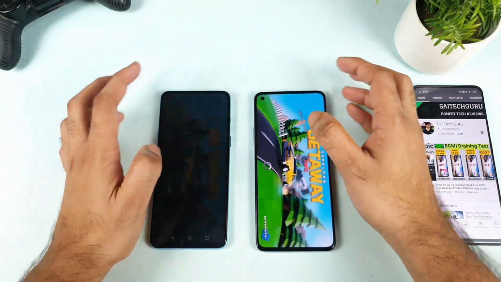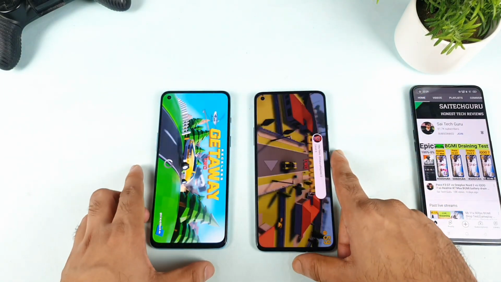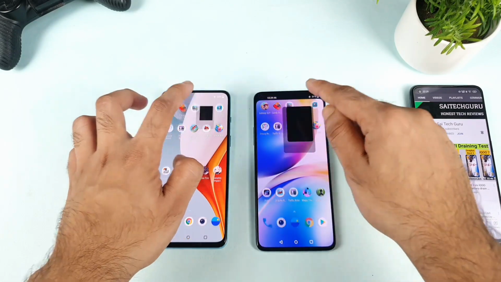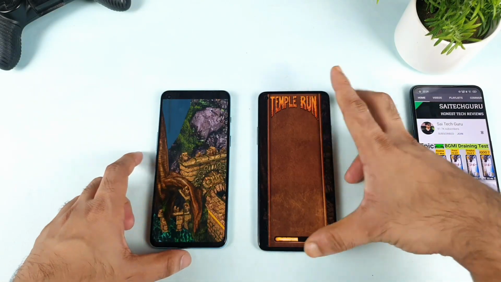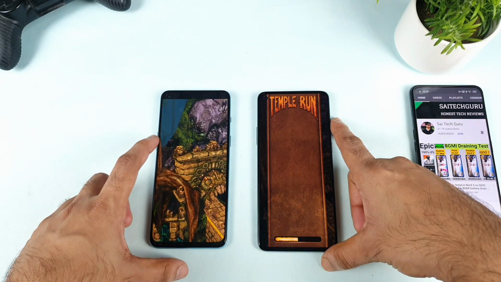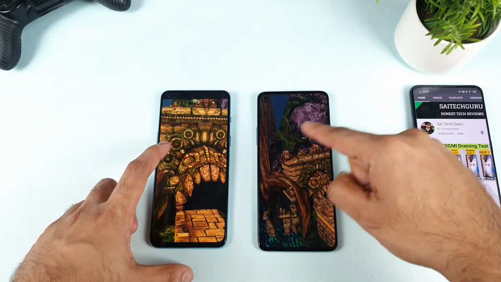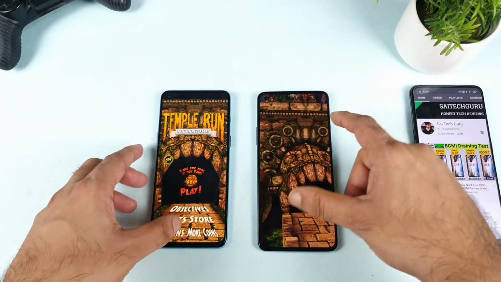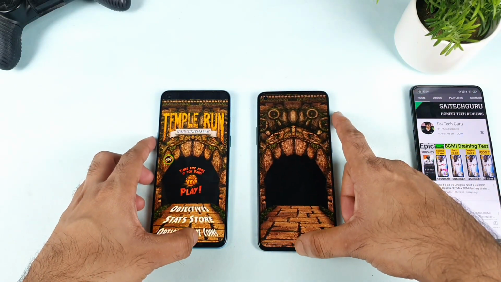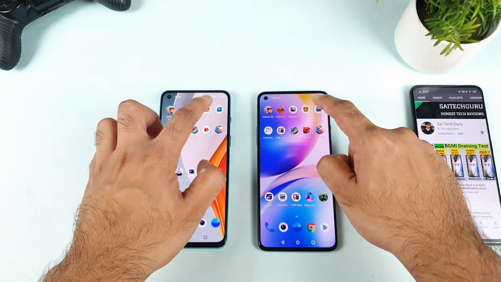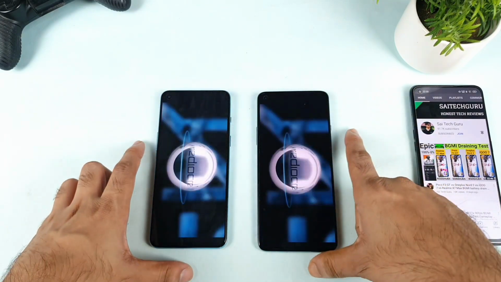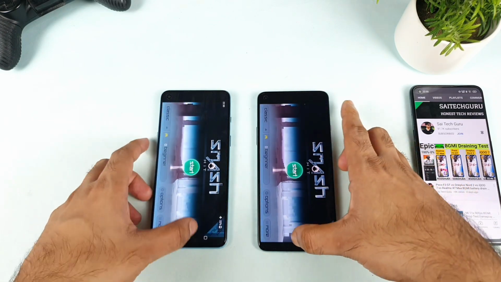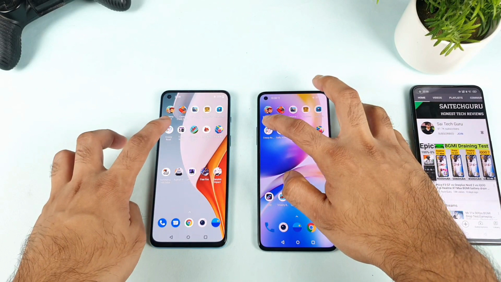Next is Gateway. Let's see this game. Snapdragon 865, as you can see, not bad. The Snapdragon 865 is also doing best. And let's see Temple Run. The first to open for Temple Run is the OnePlus Nord 2 device, and sometimes it will get stuck like this, so that's not a big deal, I would say. So let's move to the next game, which is Smash It. Yes, Snapdragon 865 and Dimensity 1200, not bad, just a little bit faster, the Snapdragon 865, just a little bit.